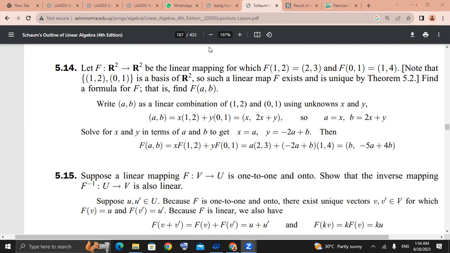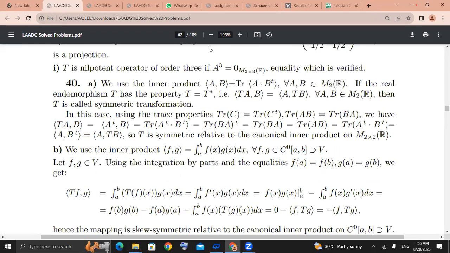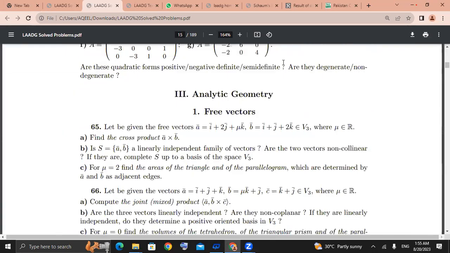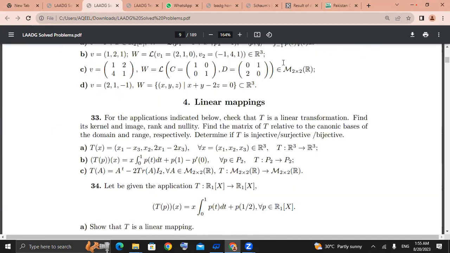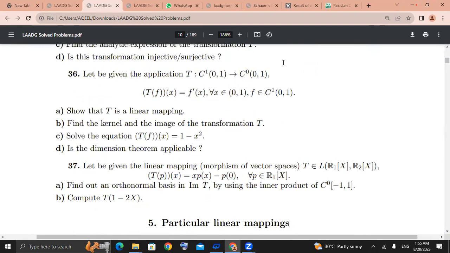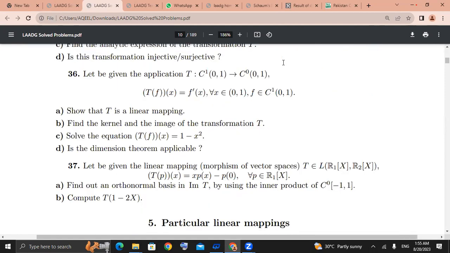Okay, we are going to start our discussion from the question we left off on. Here we have the question number. We are going to start with question number 35, which is about the 36. I solve the first part, and in the first part, we have to show that